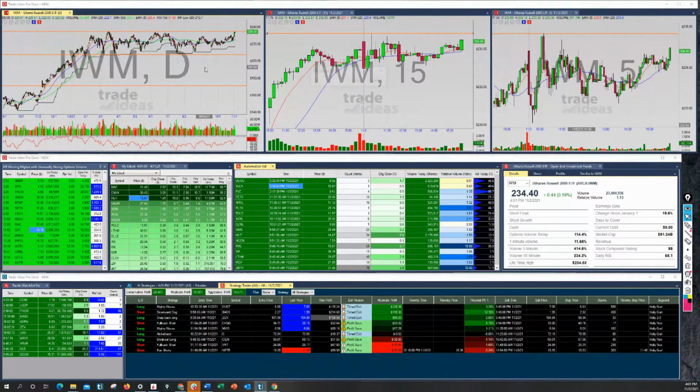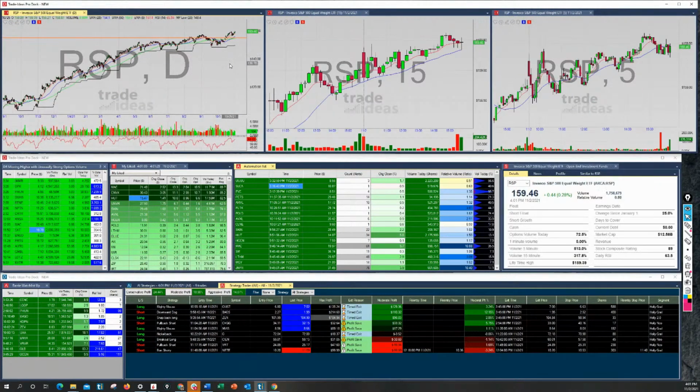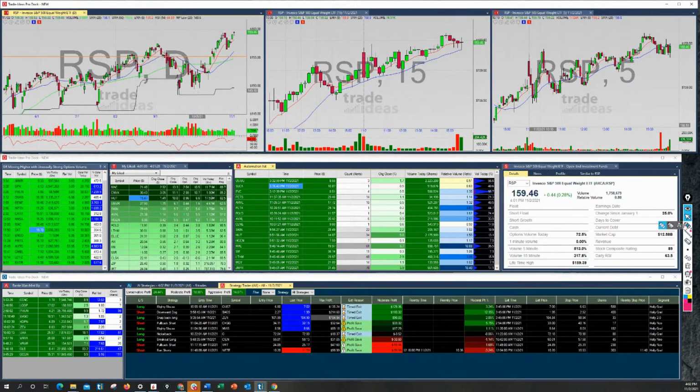Let's dive into the RSP. For those that don't know, the RSP is the equally weighted S&P 500. So we're not looking at the heavy tech SPY, same stocks, just given the same weighting across each stock. We're kind of floating around here at the all-time highs. We'll zoom in a little bit more. We'd taken out the all-time highs back here. The world was ending, we're going to crash, short everything. Oops, we were wrong. Back up, made a new all-time high. So that's where we're at again.